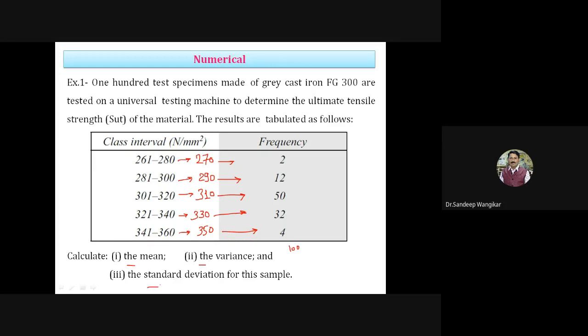So see here, just now we have discussed three formulas. Take 1 minute and note down the numbers at least, so that we can construct a table. In the table we will write xi, then fi, then summation fi xi, and summation fi xi square, and easily we can solve the numerical. Take 1 minute to write down. Note down the values in the table so that you can substitute these values further in the numerical.